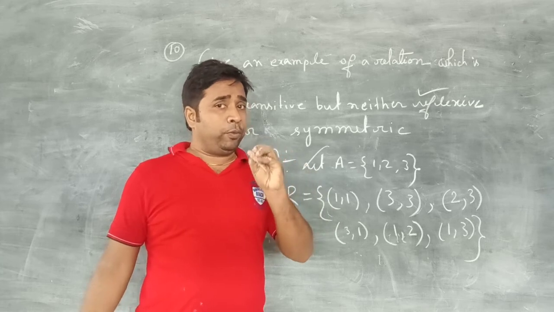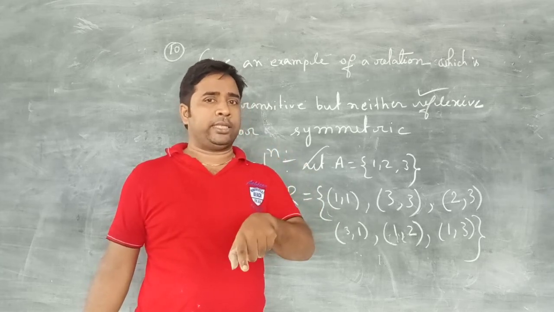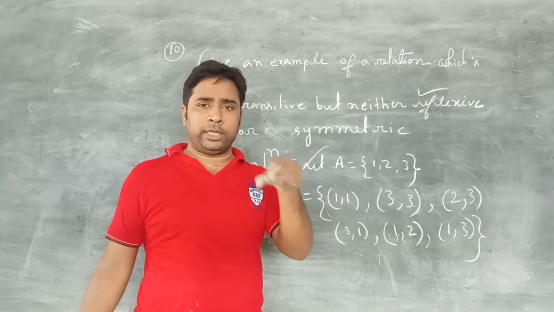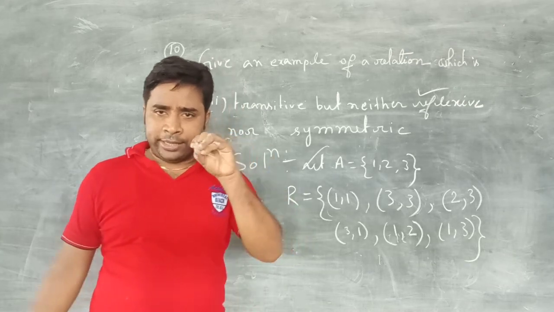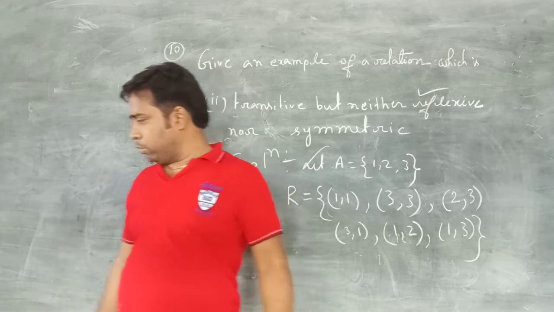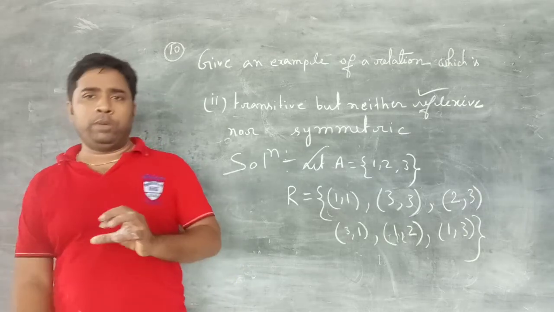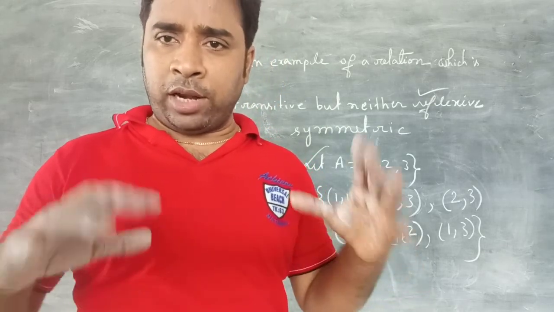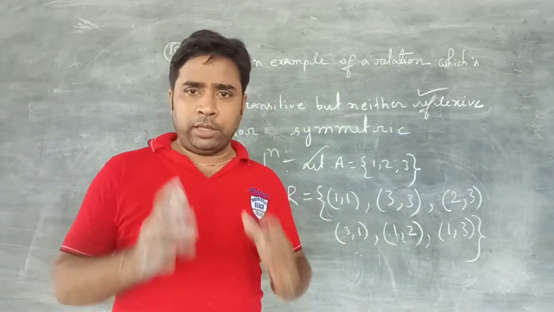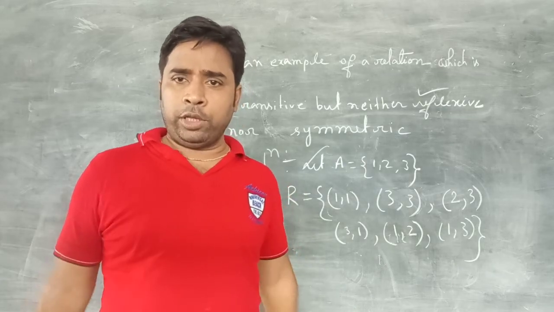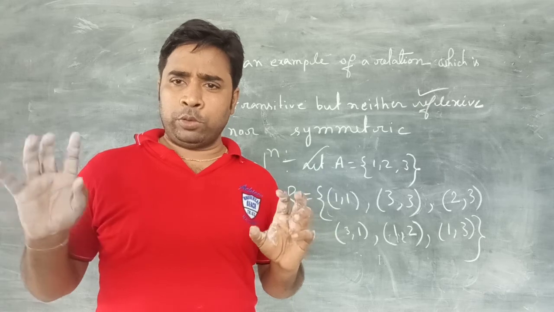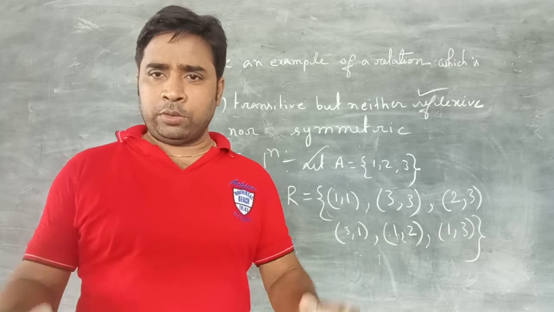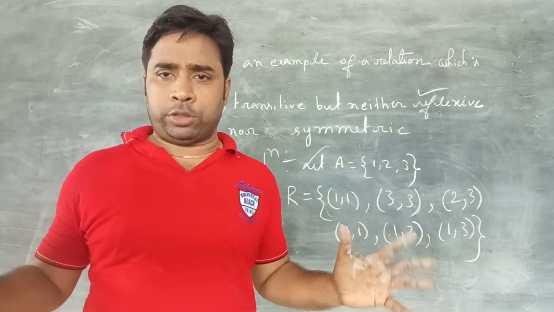So if you are creating a wrong example also, you can make the corrections. Directly you don't say that it is reflexive, it is not symmetric, it is transitive, like that. After writing the relations, you try to justify the answers, otherwise you cannot learn, because learning is more important. So the next questions you try to solve by yourself. Today I am not giving you more sums, because your syllabus, almost the first book is finished, only the second book is left. So that's why we are not teaching a lot in a day.